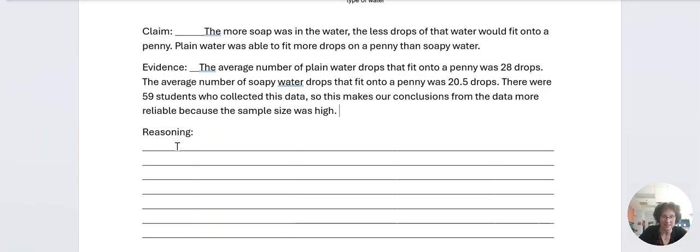All right, now reasoning. Here's where everybody had the right idea to begin with, and then they just stopped. A lot of you said one or two sentences that were a good start, but then you just didn't finish your ideas. So with a reasoning, and since we're talking about water chemistry, and we've learned so much about water chemistry, and everything about water chemistry is figuring into what's going on with this experiment, start by just stating some